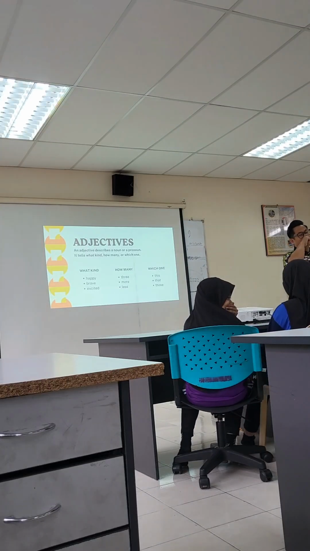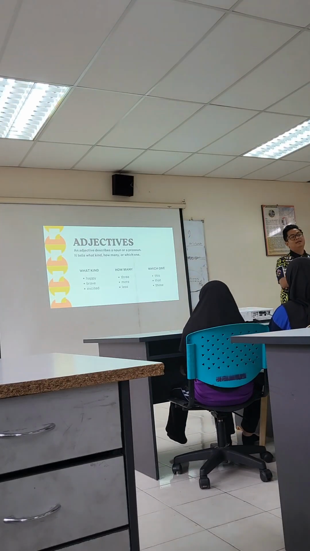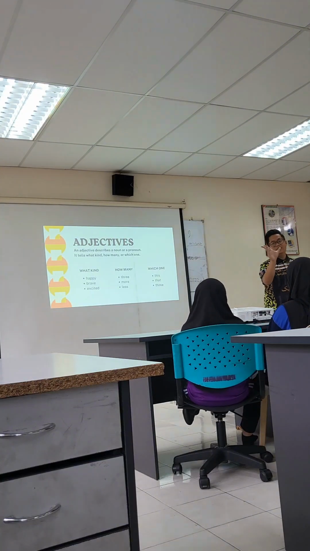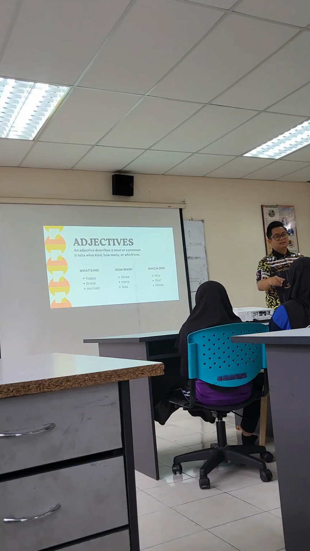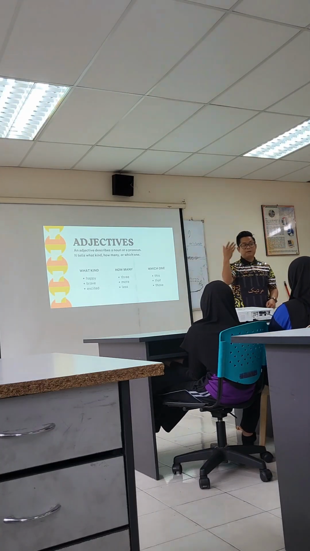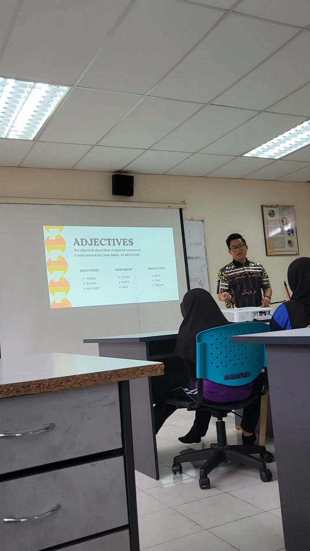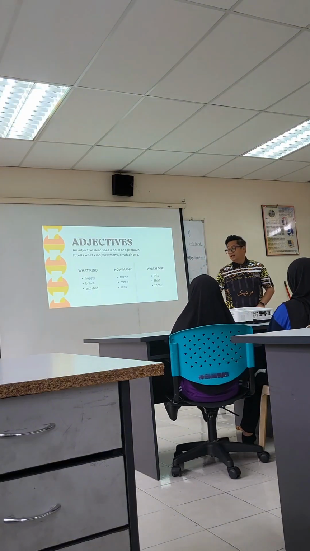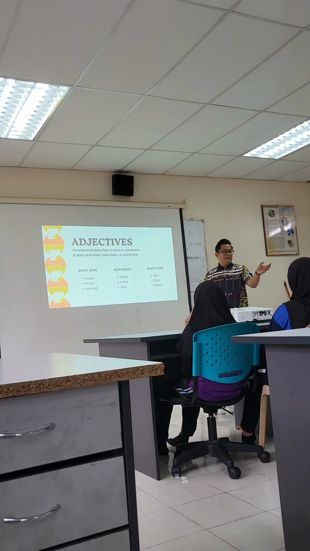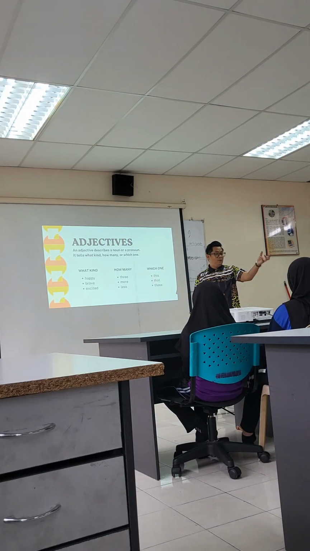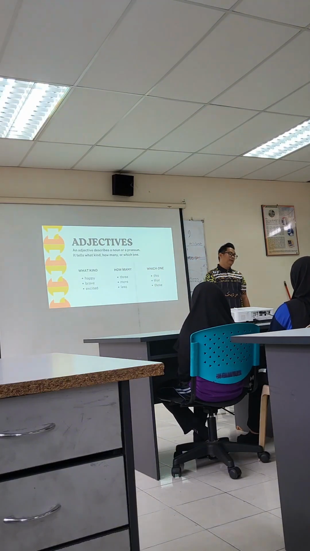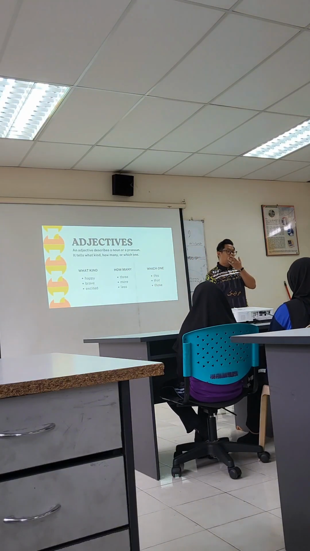Alright, okay, let me explain. Contoh, currently we have 3 laptops. So where is the noun in the sentence? We have 3 laptops. Laptop. So laptop is the noun. So we use 3 to describe how many the laptops are. So we still describe the noun. So any word that you use to describe a noun is considered as adjective. Okay, sama juga dengan more ataupun less.